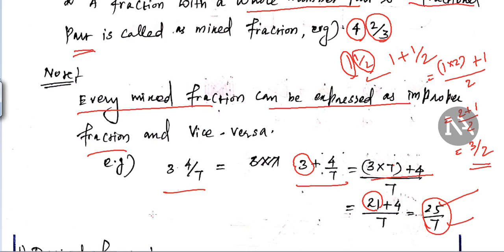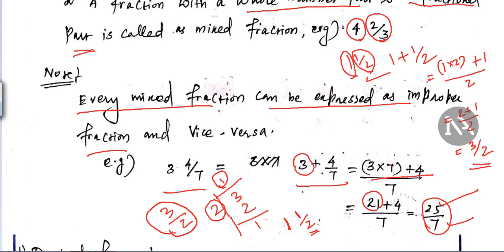Similarly, you have an improper fraction 3/2, right? I am going to represent it as a mixed fraction. How? I have to divide 3 by 2. Then the quotient you will get is 1, and the remainder is also 1. So I write the quotient as the whole number part of the mixed fraction, and I write the remainder divided by the number by which you are dividing the numerator, that is the denominator. So the 3/2 improper fraction has been written as a mixed fraction.